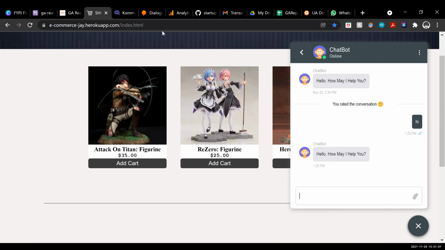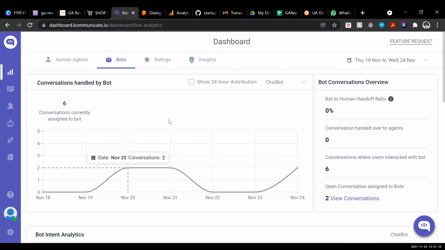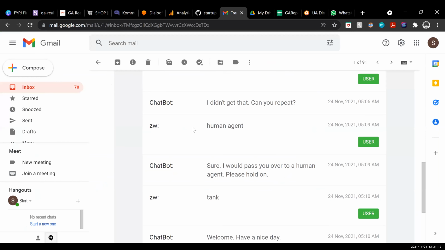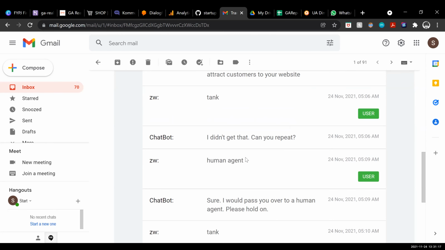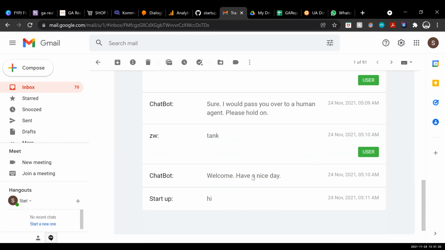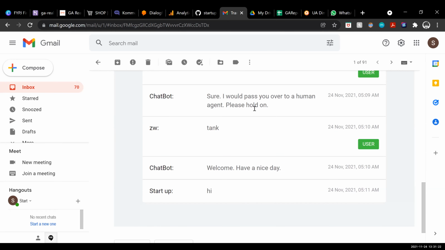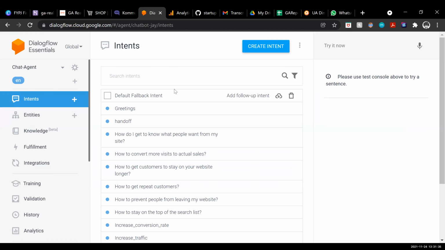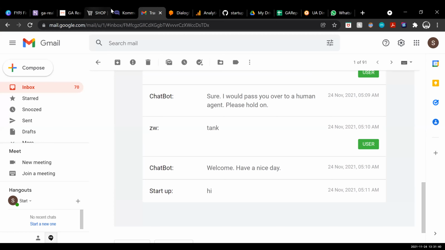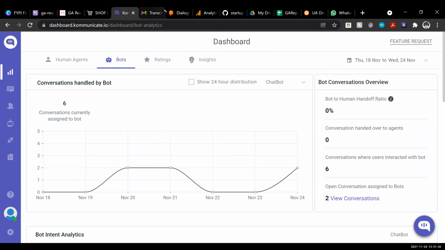Another thing is this one sends the transcript to us, so you can read the transcript, and if you see that a lot of people are asking the same question, you can pass it to the chatbot. So the next time the user can ask the chatbot directly instead of passing to you. So the email is generated by the communicate, not Dialogflow, right? Yeah, it's from the communicate also. Okay.